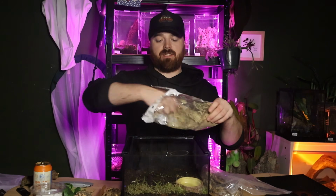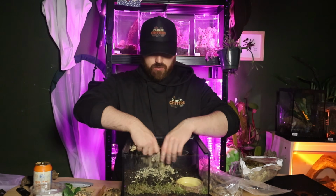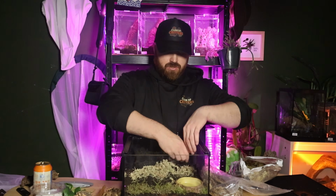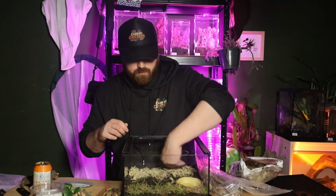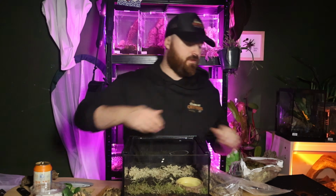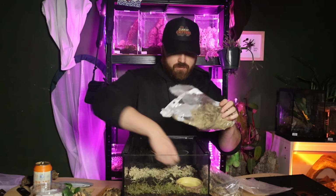is actually dried sphagnum. So this stuff I don't have to worry about taking over the enclosure or looking after, and what it is going to do is lock in a lot of moisture content and help increase that humidity within the terrarium. So obviously, as you can probably guess from the name, these guys are from Thailand, and they